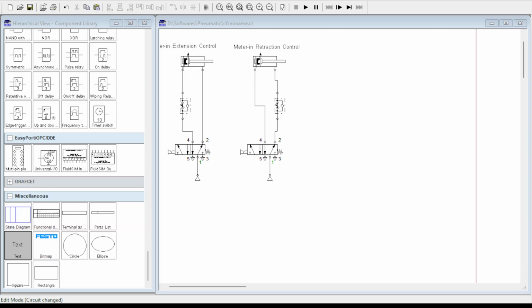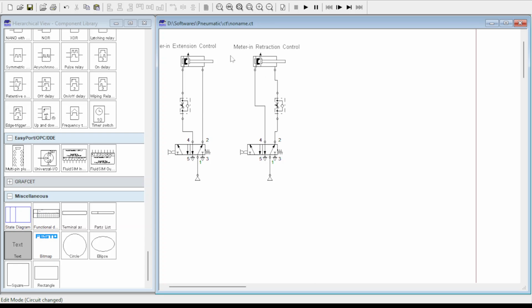Next, we will discuss the meter-out speed control circuit, where a meter-out speed control circuit predominantly controls the flow of fluid escaping or coming out of the cylinder, and hence it has got its name meter-out. Just like the meter-in circuit, the meter-out circuit also uses a one-way flow control valve, except that the way in which the one-way flow control valve is connected will be reversed, and thereby it limits the air coming out of the cylinder. And it can also be used for both extension as well as retraction speed control.